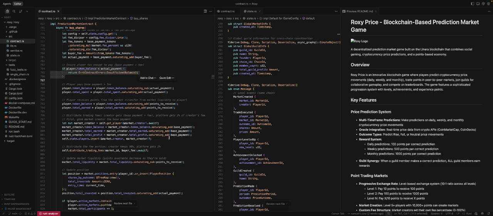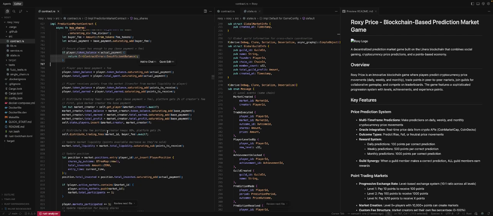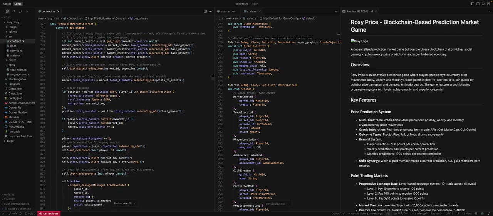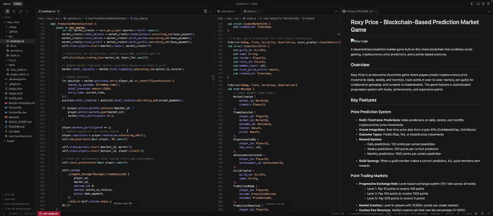So Roxy is actually getting back points from different activities that are happening, and the players are also getting points from different activities that are happening. So it distributes the fee portion. Creator gets its share, platform gets 2%, updates market liquidity, updates the player position, and updates reputation for buy shares. Also,